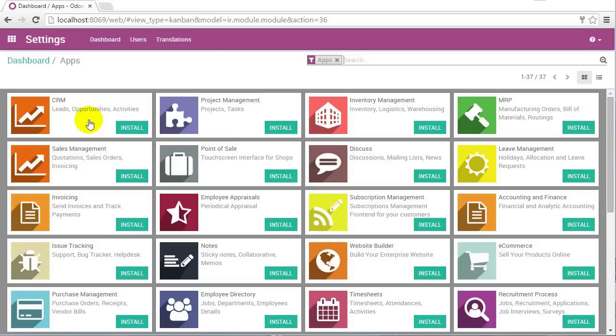Especially the type of high-end watercraft that marine dealers sell today. So we're going to use that as our example, a marine dealer who's selling boats to their end customers. And to do that, we're going to install our sales management module. So we click sales management,